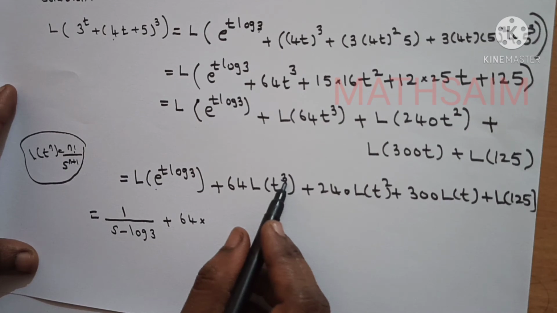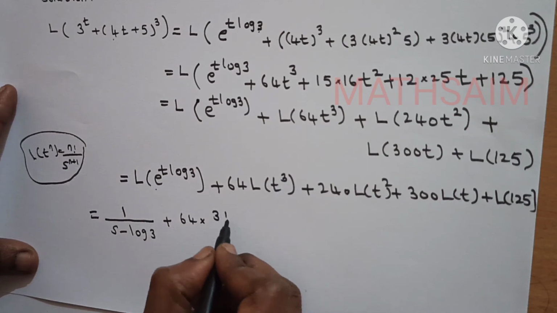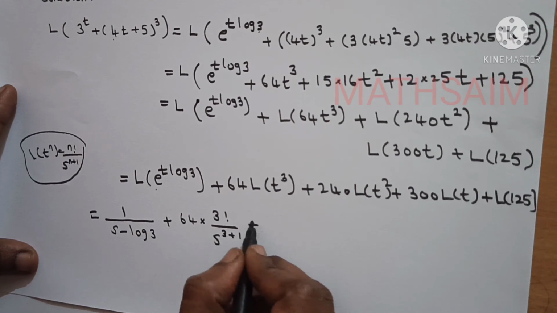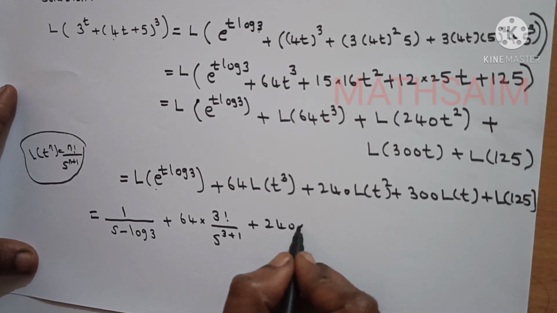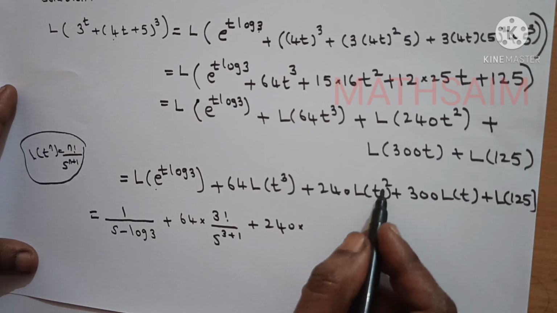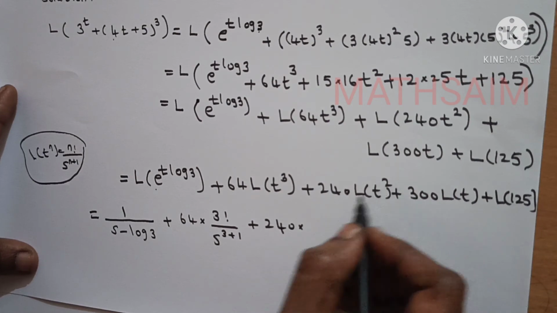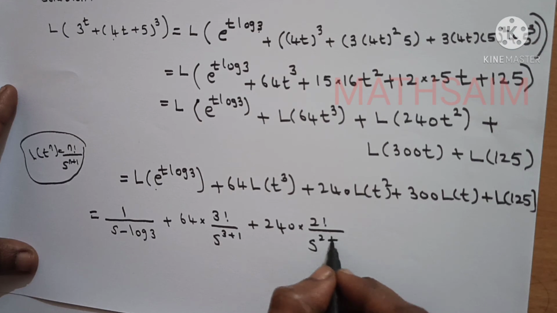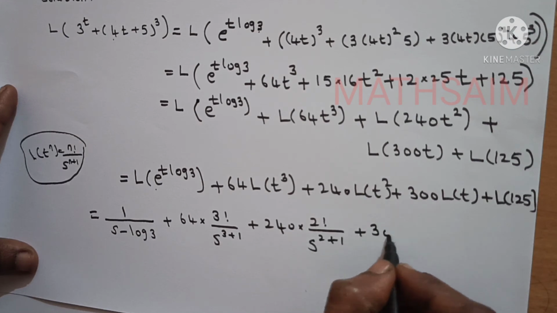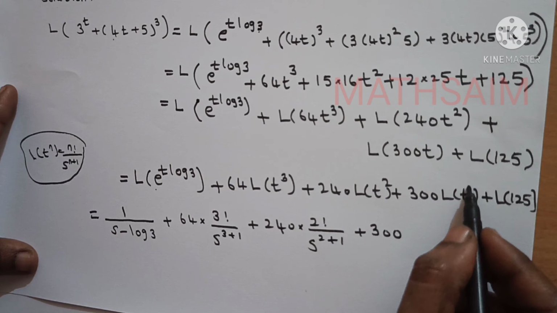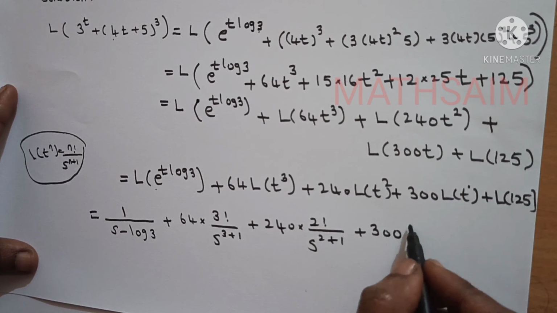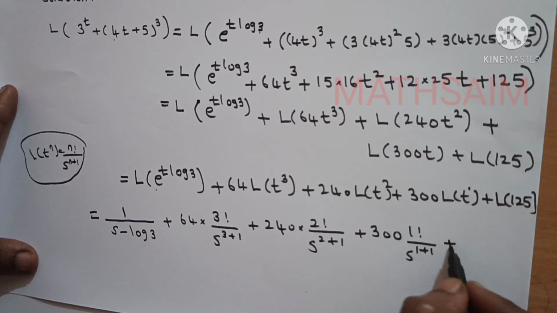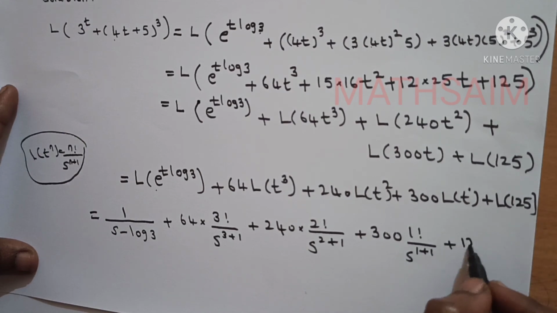In the place of n we are having 3, so this is 3 factorial divided by s power 3 plus 1, plus 240 into Laplace transformation of t square, which is 2 factorial divided by s power 2 plus 1, plus 300 into, in the place of n we are having 1, so it is 1 factorial divided by s power 1 plus 1, plus